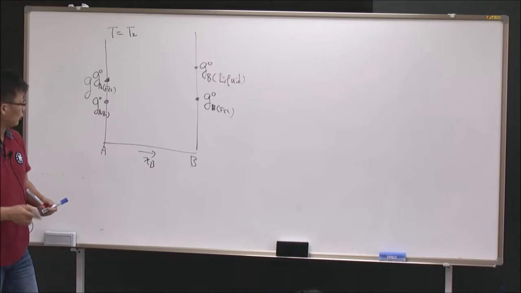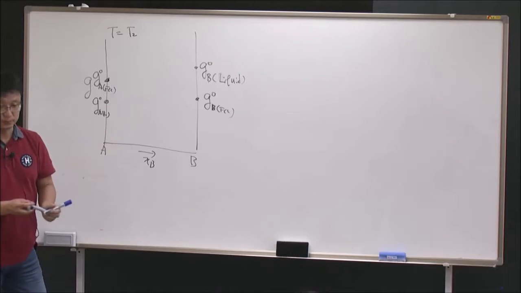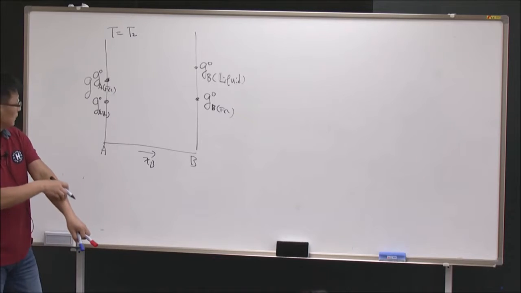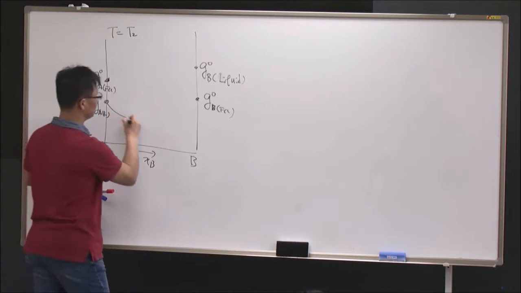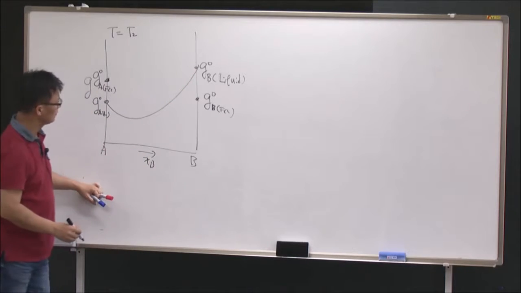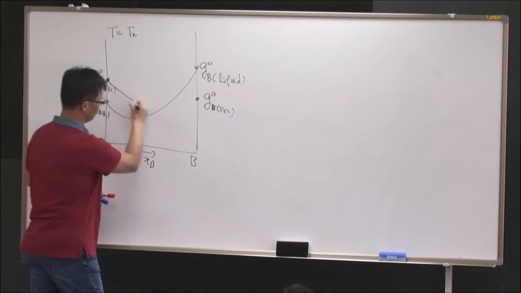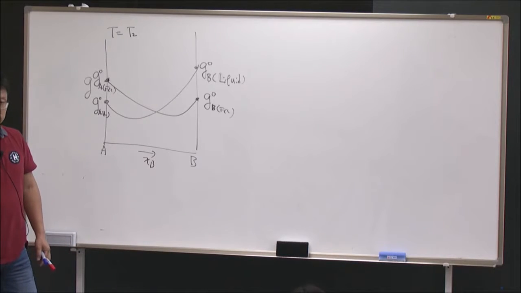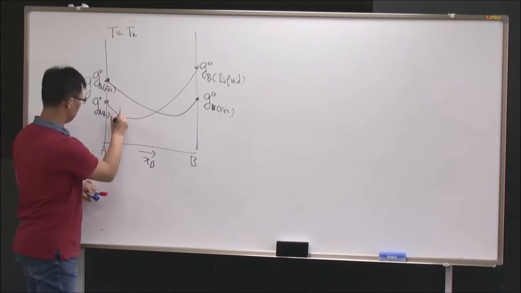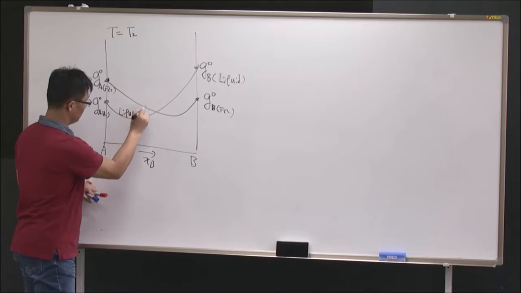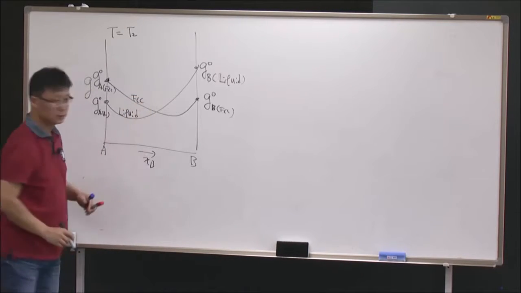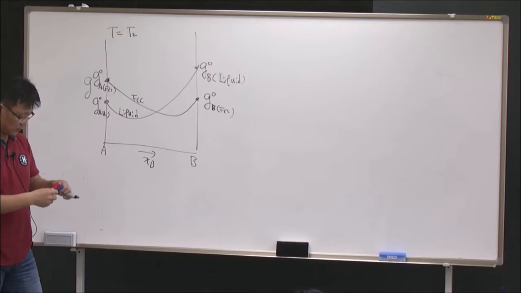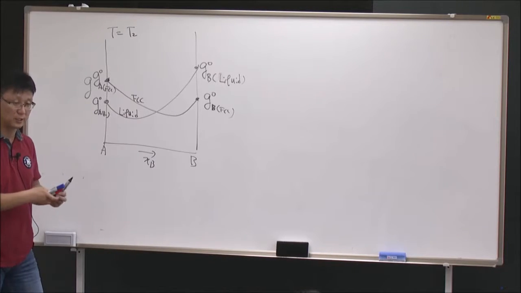And then now we have to draw the line between the liquid solution and the FCC solution, yeah? So liquid solution, okay, and FCC solution, okay? So this is liquid, FCC, okay? So we are repeating exactly the same thing as I explained last